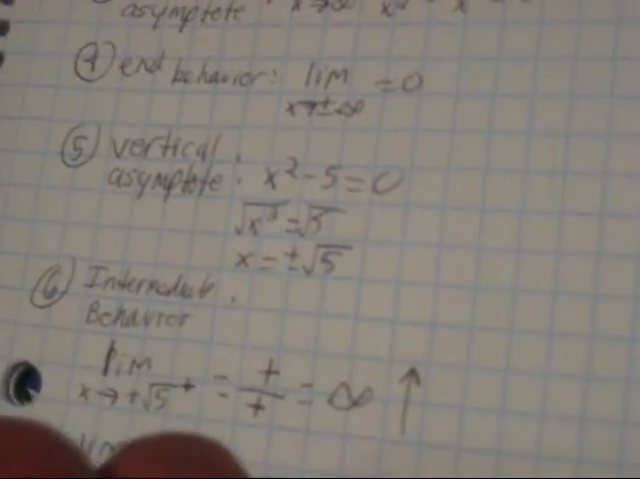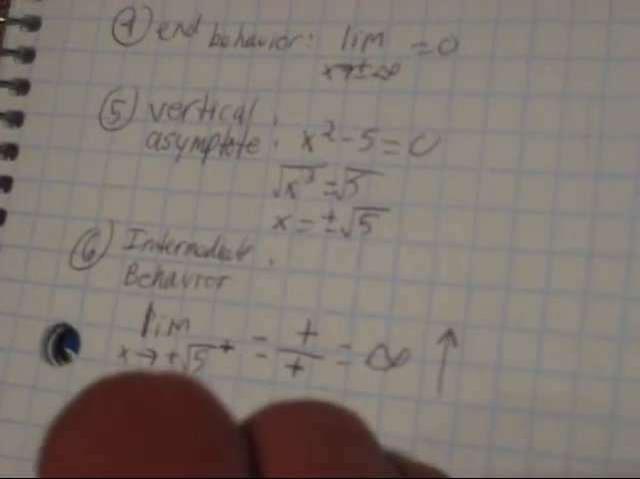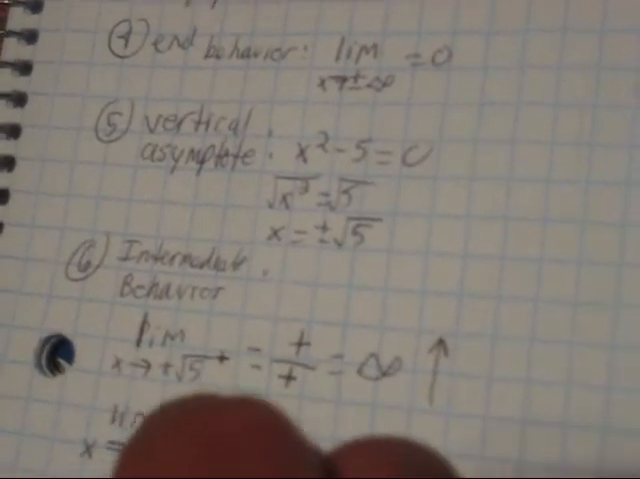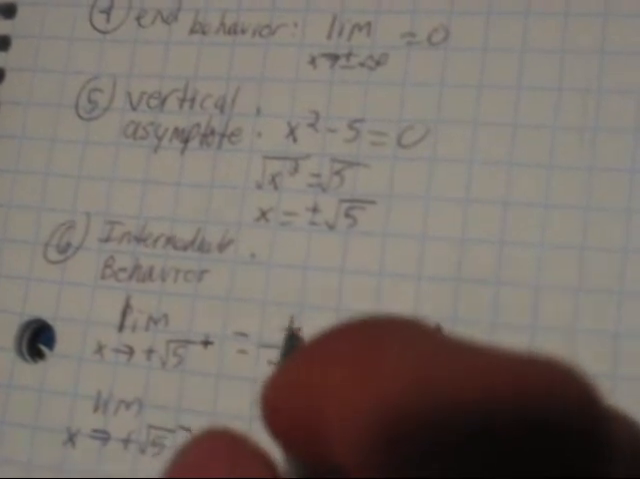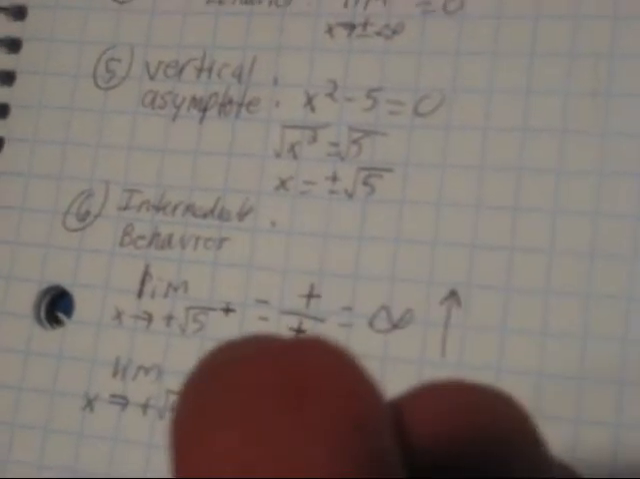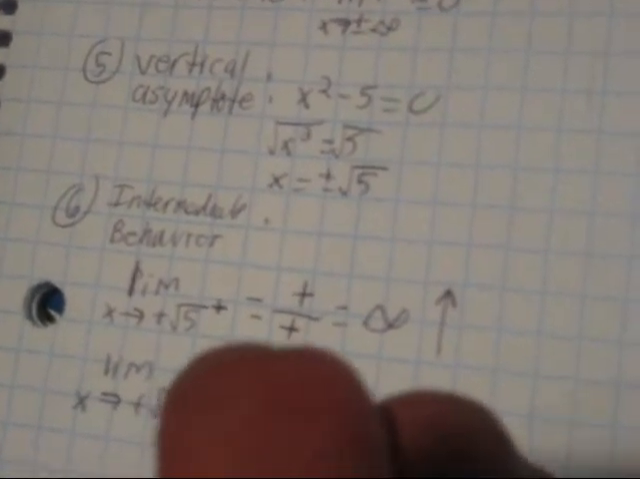The limit of x to positive radical 5 to the left of the asymptote is going to turn out to be a positive on the top when you plug it in to the original equation, and a negative on the bottom. And that's going to turn out to be a negative infinity, so it's going to go to the